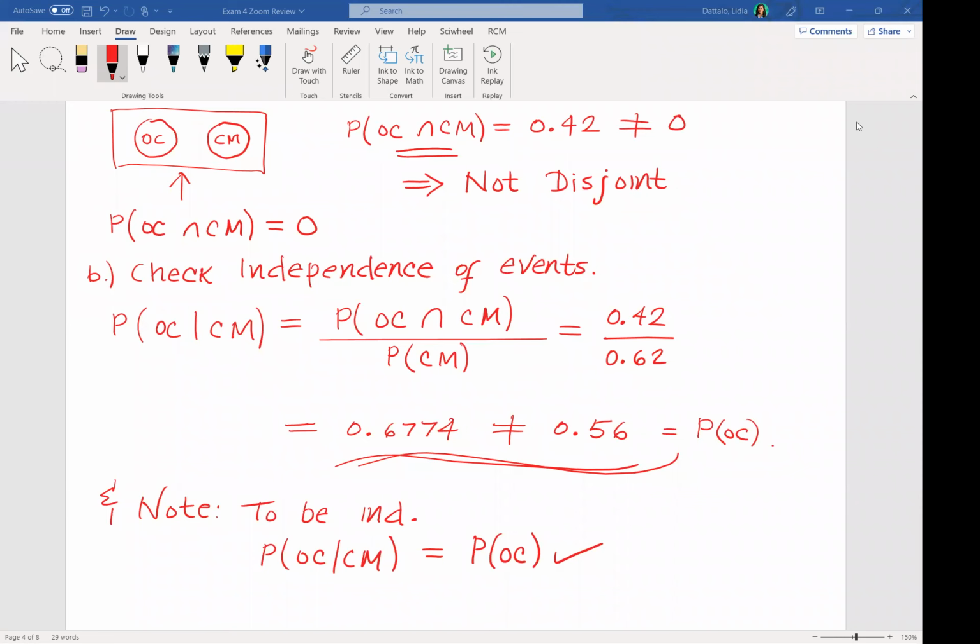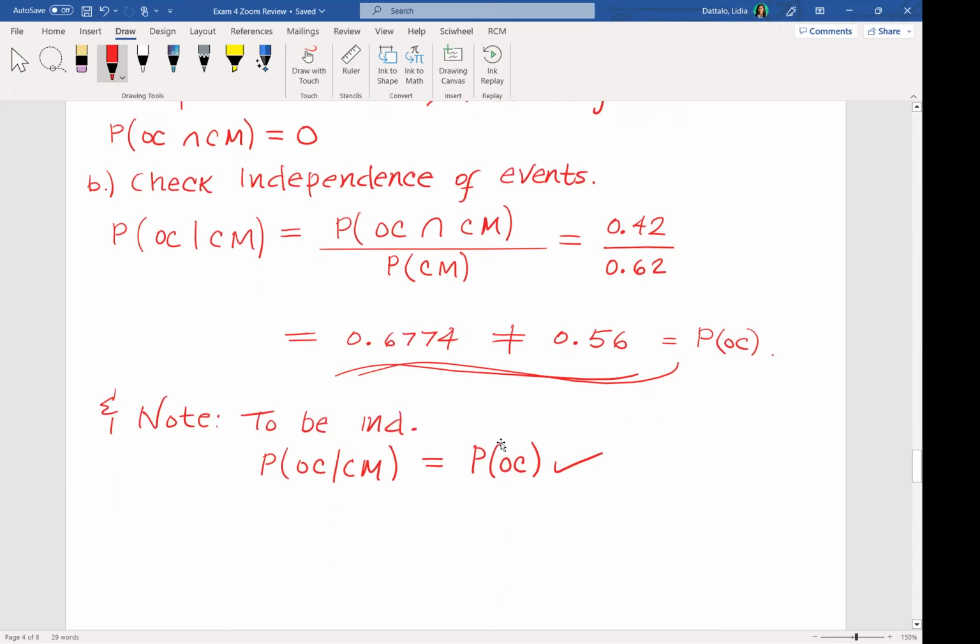Okay. All right. So because it didn't check off what I wrote at the bottom to be independent, that's a fact, then we would conclude that the events are not independent. Therefore, not independent. And your answer would be D, because that says not independent as well as not disjoint, because we just proved that from the